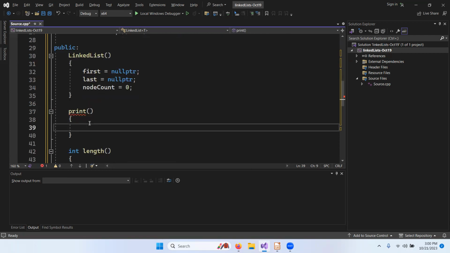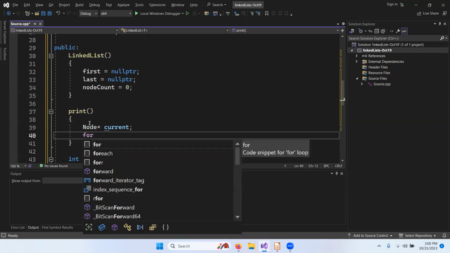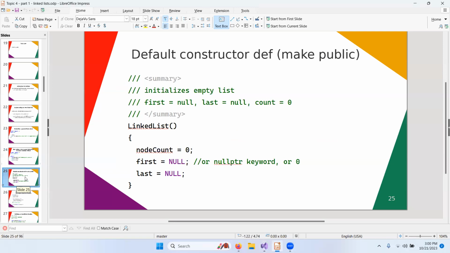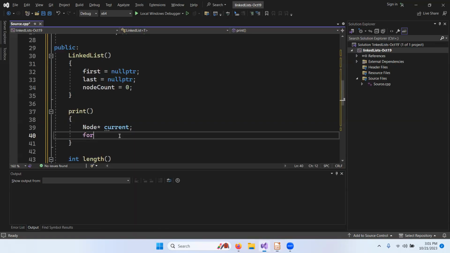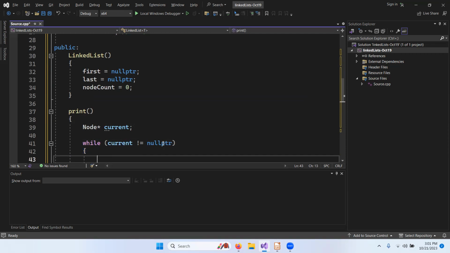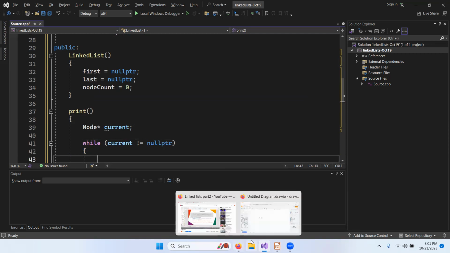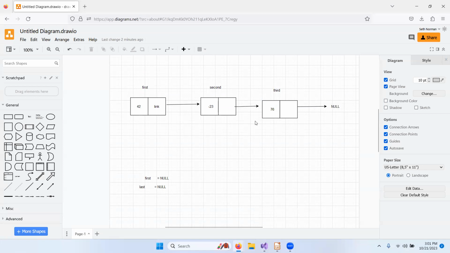Okay, print function. Let's see, node star current. And we say maybe a for loop. While loop makes more sense maybe in this case. While current is not equal to null pointer. So what does this mean? While current is not equal to the null pointer. So if the current node